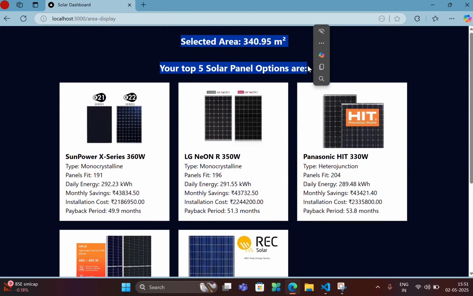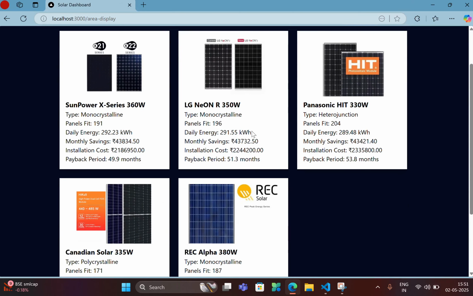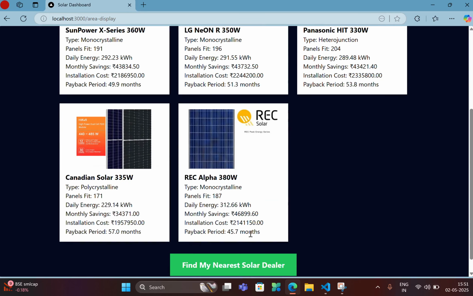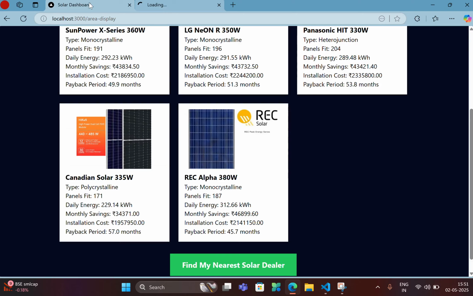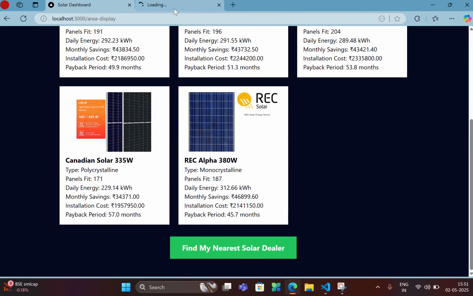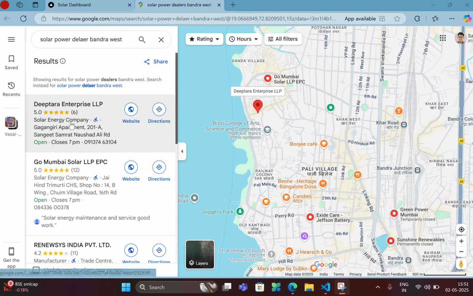So we are a website which details all of this. Now you want to buy, right? So we don't support buying. So based on our area, now you know our college is in Bandra. I click this button called Find My Nearest Solar Dealer. Hopefully the page opens up. I think my net. No, it's working. It's working. So see, depending on the area,